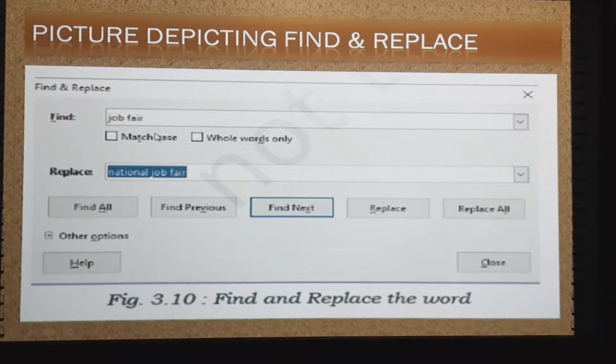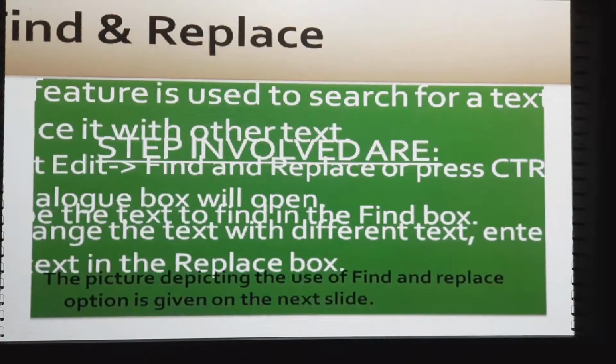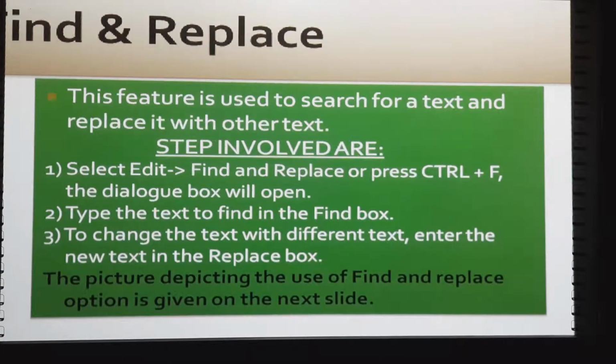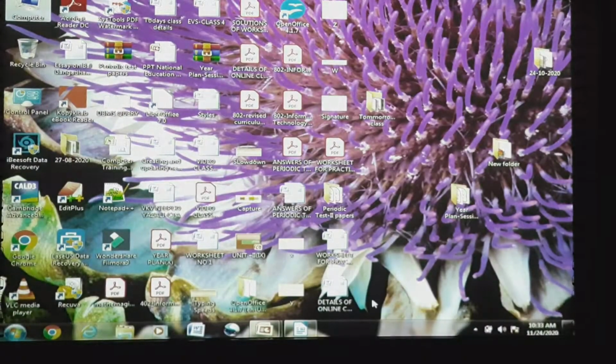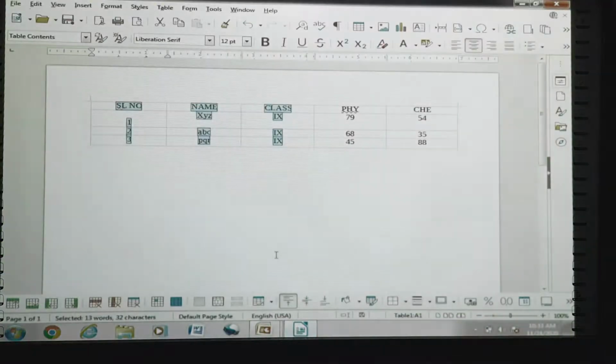So let us first check the steps which are involved here. Control Z will undo all the tasks that have been done.